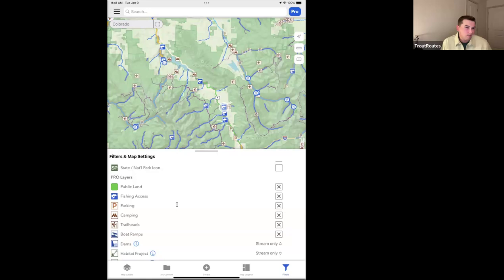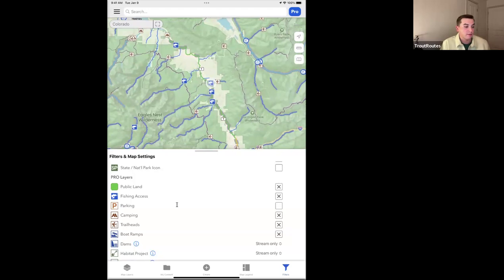It just gets a little bit cluttered in certain areas of the country, and then there's others where it's fantastic and it's incredibly useful because there's multiple different general parking areas along a river that I would have driven by if I hadn't had the map to be able to find them. So you can, again, toggle those on or off depending on how you're using the app. We'll toggle them off just, again, to keep things a little bit cleaner